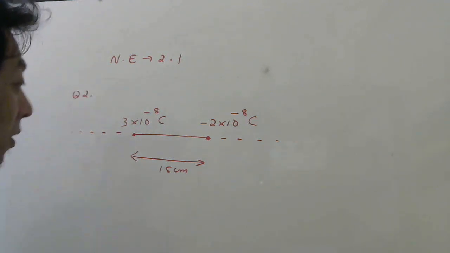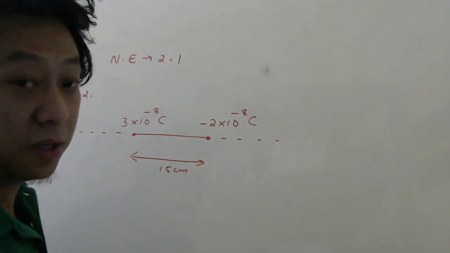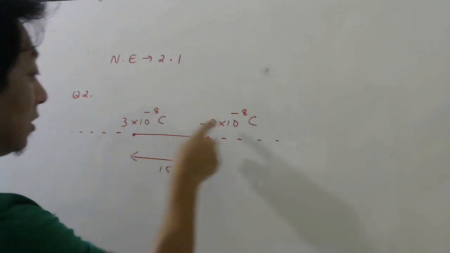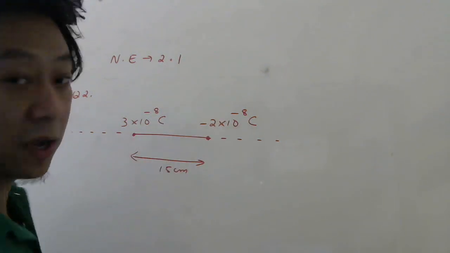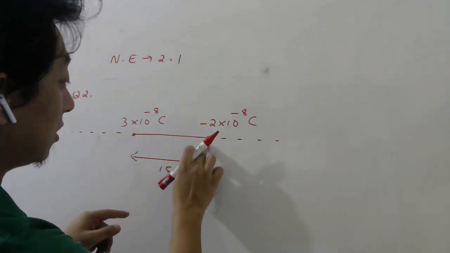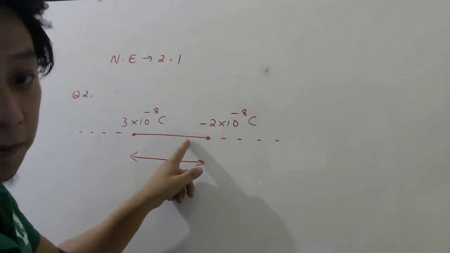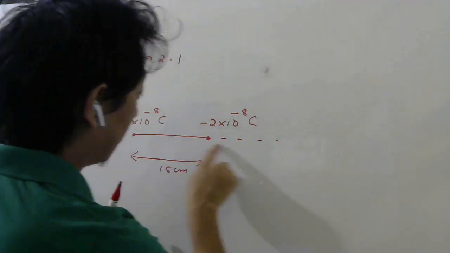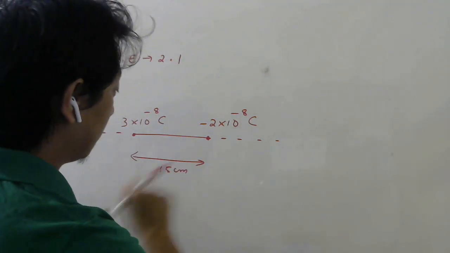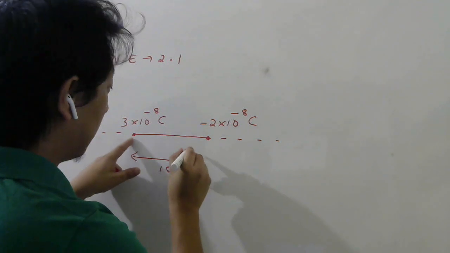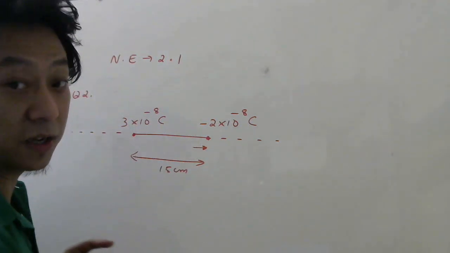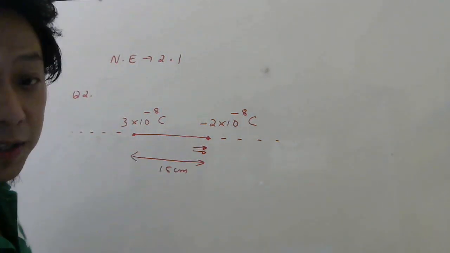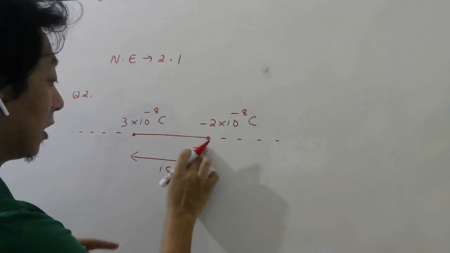If you remember electric field, I told you electric field will be zero near the weaker charge. If you look at the magnitudes, this is 3, this is 2, so this is weaker. The question is, here or here? Let us check. At some point here, the electric field due to the positive charge will be away from the positive charge, and the electric field due to the negative charge will be towards the negative charge. These two electric fields are in the same direction. Therefore, here it cannot be zero.